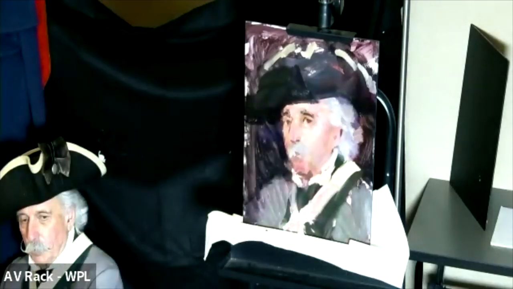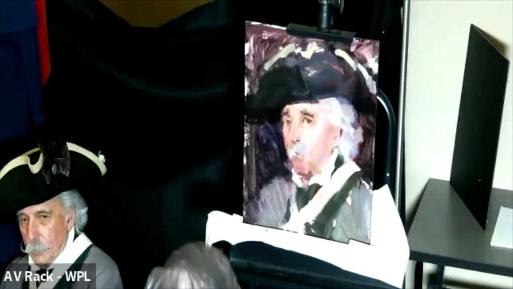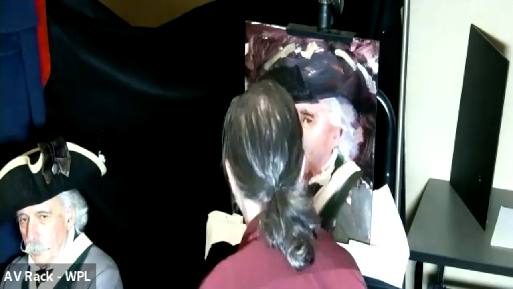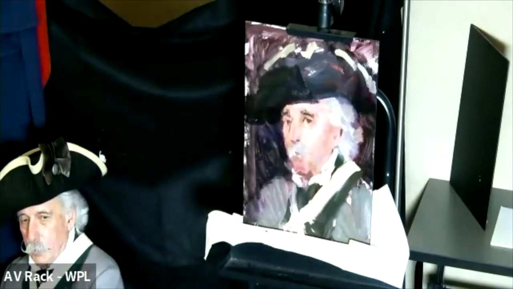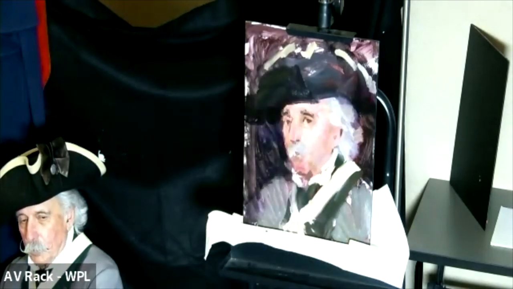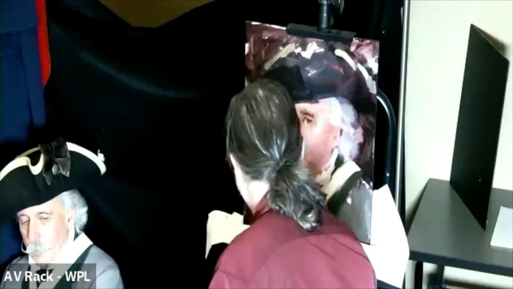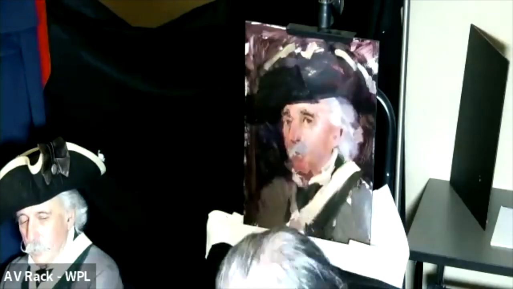If I painted it too light, it would have stood out more, and the edge would have been too strong and distracting. By having that middle tone instead of the lightest light, it wasn't distracting to all of the other things.